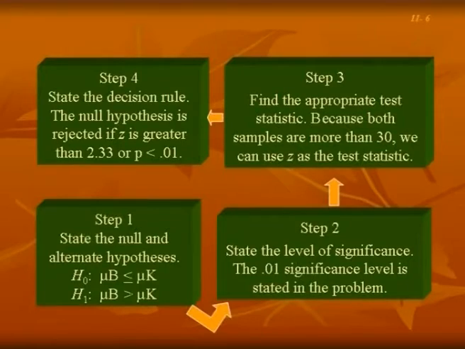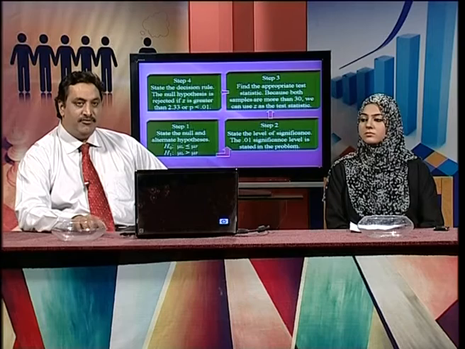These are the steps for testing of hypothesis for two population means. In step 1, we formulate the null hypothesis, as I said earlier. In step 2, we select the level of significance, or the margin of error. In step 3, we find the appropriate formula. In a single population test we use a different formula, and in a two-sample test we use a different formula. At step 4, we use the critical region method.